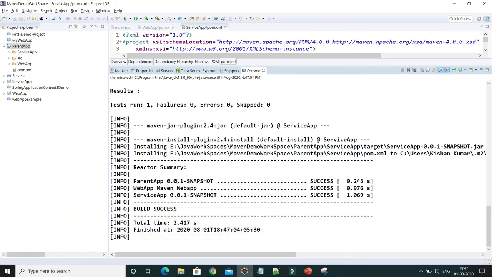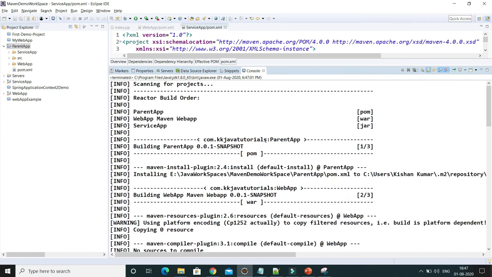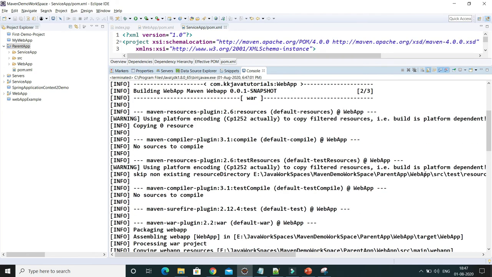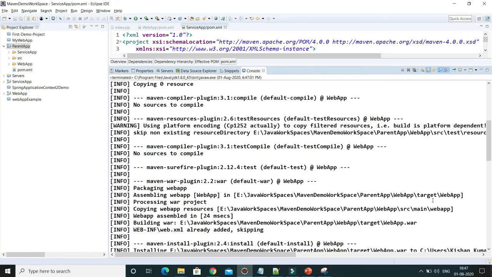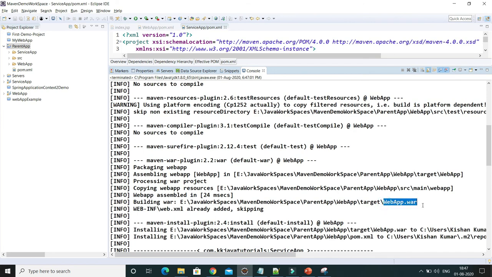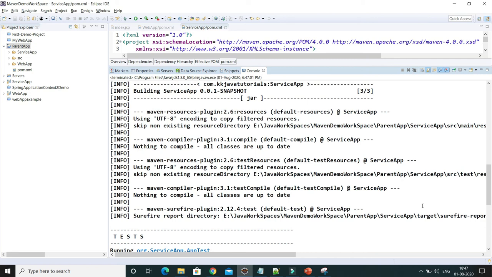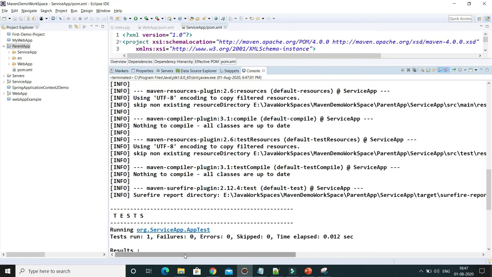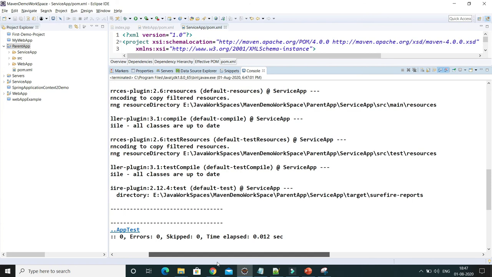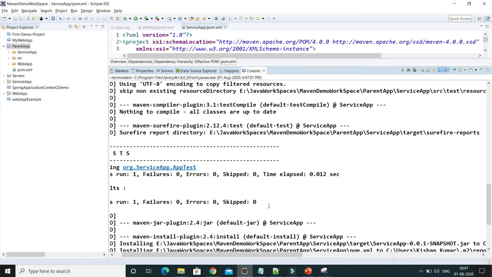So here you can see all three projects built successfully, and if you look into the hierarchy, right, parent POM has a packaging called POM, Wave app has a packaging war, and service app has packaging jar. If you come down, then here you can see Wave app has built successfully and generated war in target directory. If you come down, then we have a service app which has built successfully and generated a jar file in respective